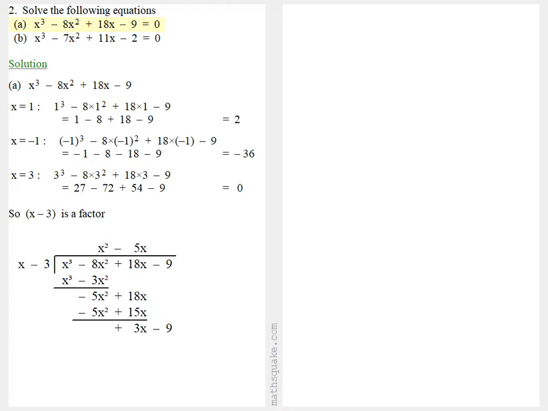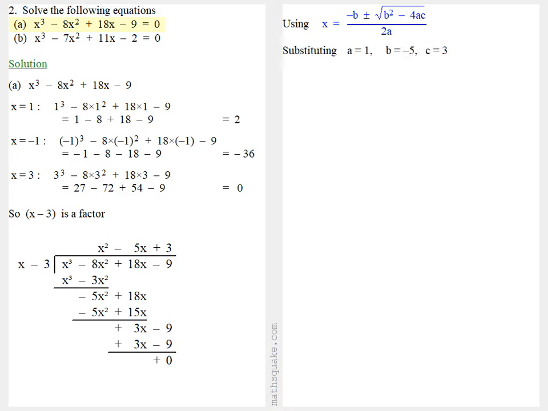We bring down the next number, which is minus 9, and divide x into 3x. Now that goes plus 3 times. We multiply the plus 3 with the x minus 3, and we get 3x minus 9, so when we subtract we get 0. So we already have one root, x equals 3, and we can use the quadratic formula to find the other